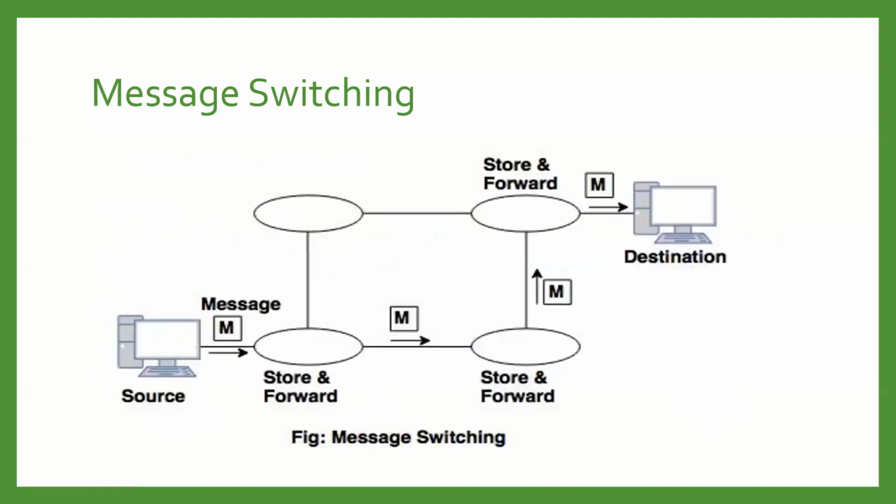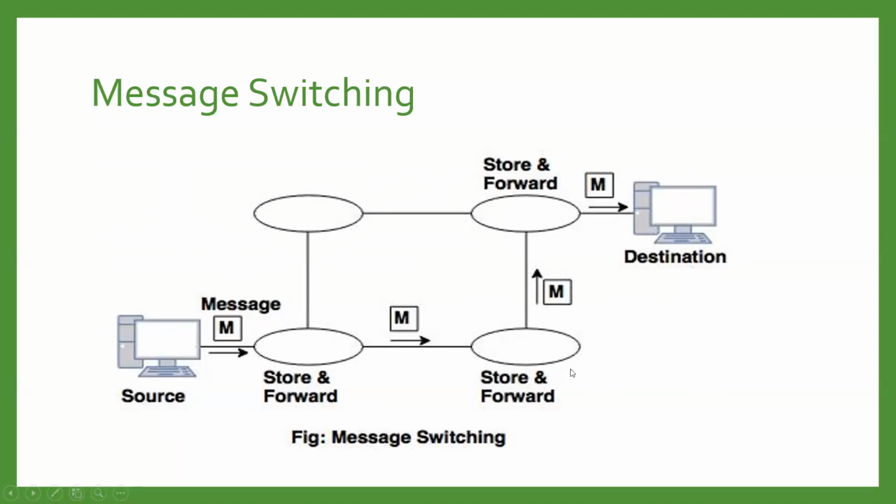Now, if we see this example, you will understand in a better way how the message switching technique is used. Suppose the source machine has a message, and it is a large message. Then that message will be divided into parts, into chunks, and every chunk will be transmitted one by one. Now, whenever these chunks are received by the intermediate router or intermediate node, it will receive all the chunks, store them, and then once all the units are received, only then will it be forwarded to the next intermediate node.